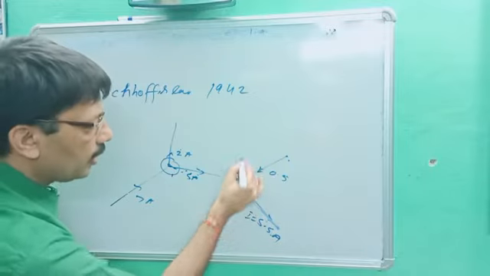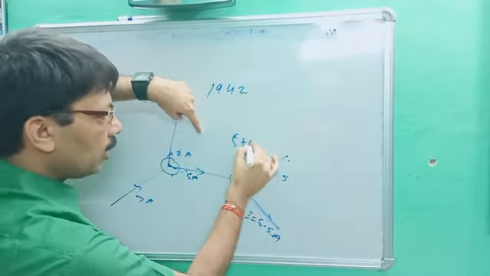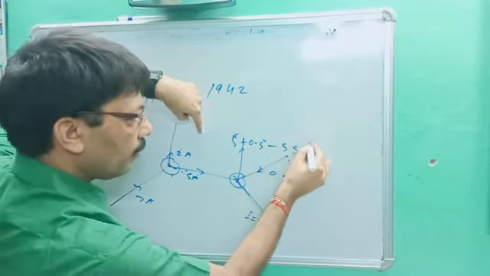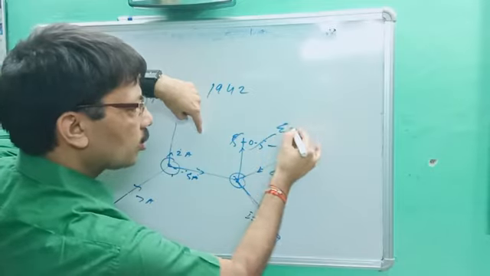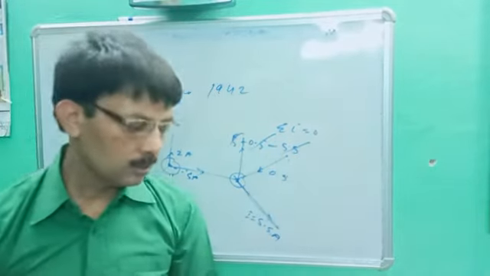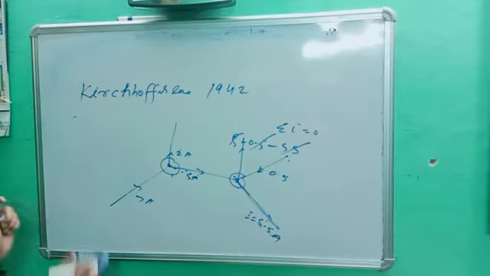If you want, you can solve it. For that junction, what are the total currents? 5 ampere and 0.5, 5 plus 0.5, and that much current is leaving the junction. It means minus 5.5, cancel out. Again you will get summation of I is equal to 0. So this is called the first law, also called the current law or Kirchhoff's current law. Okay, so this is all about your first law.